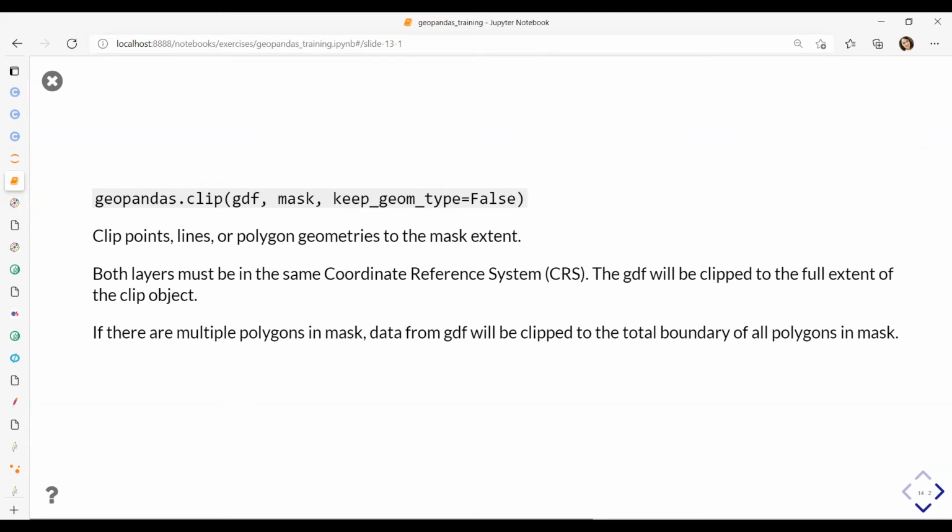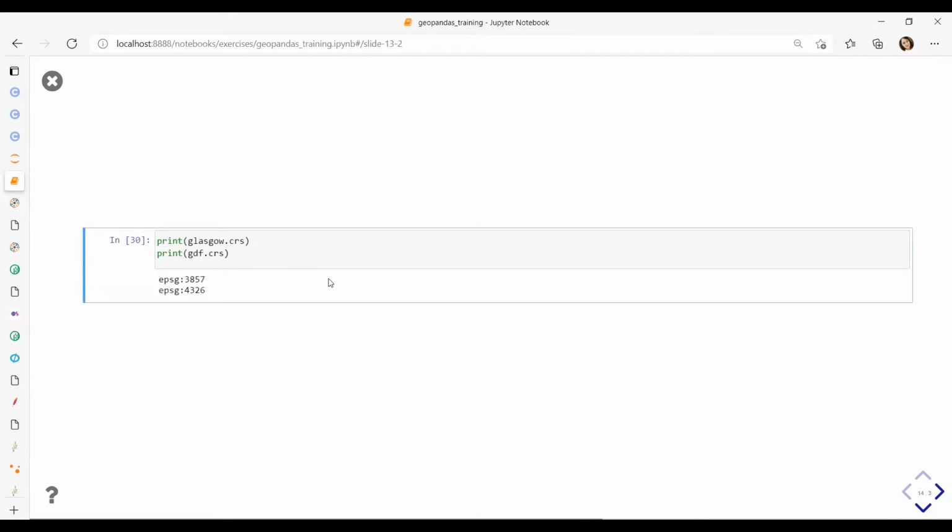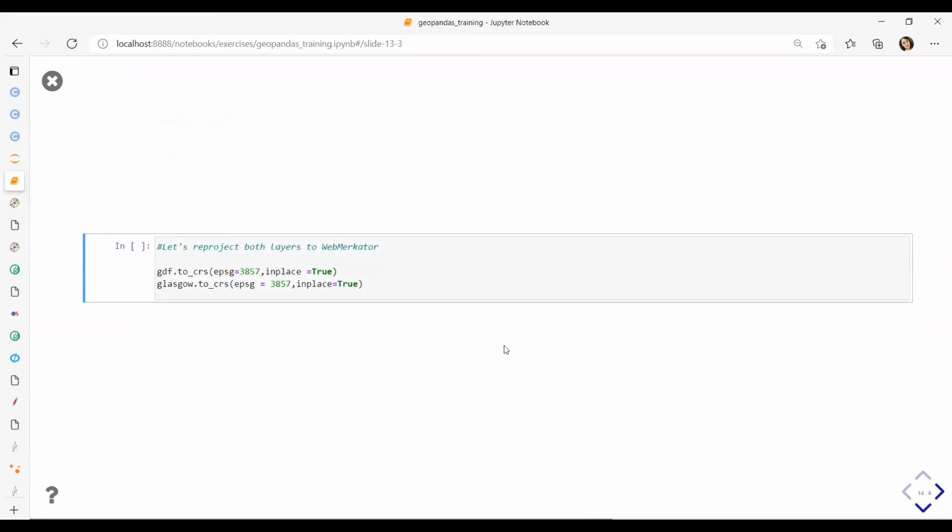Again, very important, both layers must be in the same coordinate reference system. So for that reason, let's check what we have now. One of our layers is in Web Mercator and the other one is in WGS84. So let's reproject both layers.